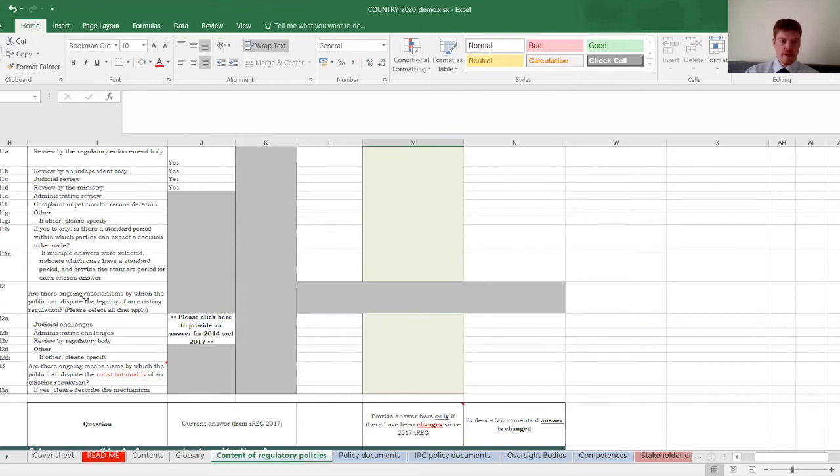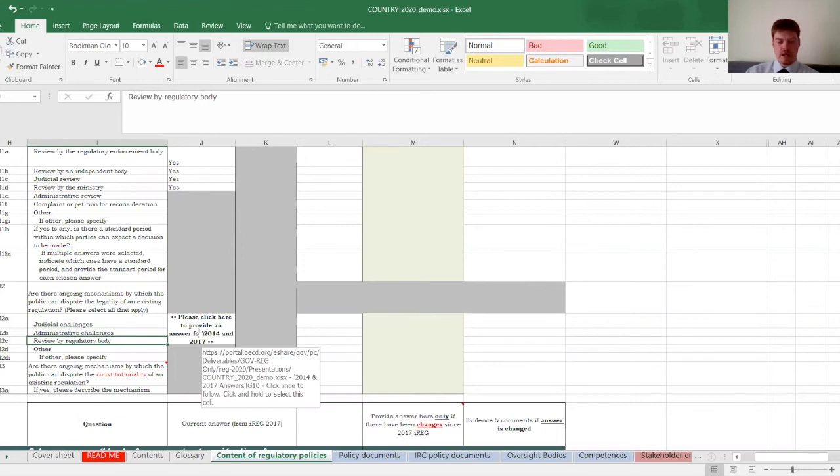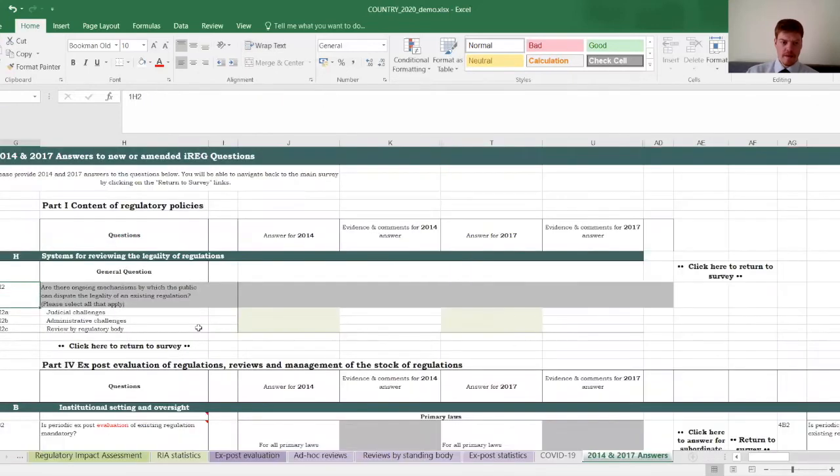So what the Secretariat has done, for example, this question here, 1H2, are there ongoing mechanisms by which the public can dispute the legality of an existing regulation? Selecting those that apply. We have a cell here that you can click on, which will take you to a separate sheet where you can provide your answers for 2014 and for 2017. So if you simply click on that, you will then be taken to an additional sheet. You can see that you have moved to the sheet down here, and that will now give you an opportunity